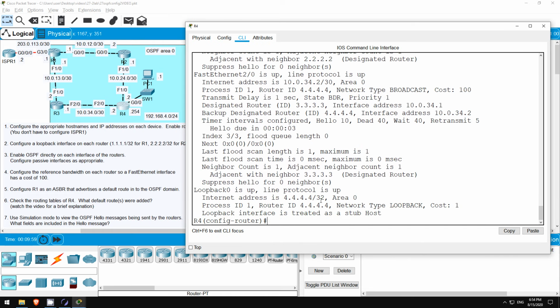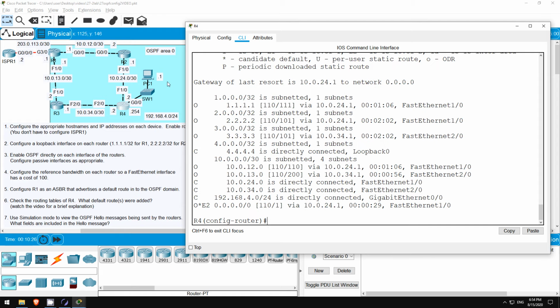Now I'm going to go on R4 to check which default route or routes it added. In the Day 26 lab video, it added routes via both R2 and R3, even though the route via R2 has a faster Gigabit Ethernet connection, so it is the better route. Now that we have changed the OSPF reference bandwidth, Fast Ethernet and Gigabit Ethernet interfaces have a different cost. So what default route or routes will be added by R4, and what will their cost be? Let's check. Do show ip route.